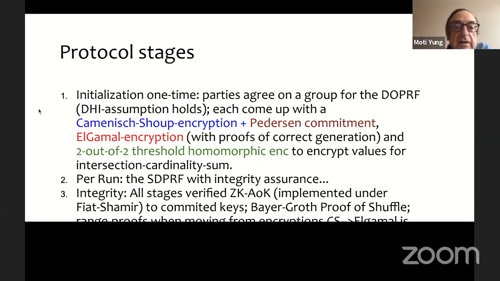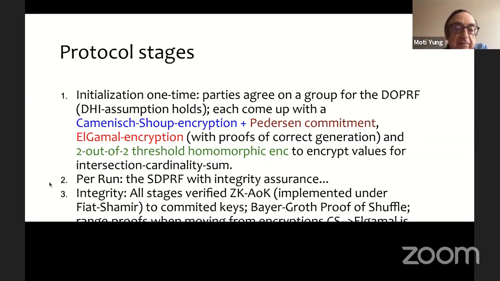And each come up with Kamenisch-Schupp encryption and an associated Pedersen commitment and El-Gamal encryption. Everything is accompanied with correct proof, and they also do 2 out of 2 threshold homomorphic encryption to encrypt the associated values for set intersection cardinality sum that I didn't cover.